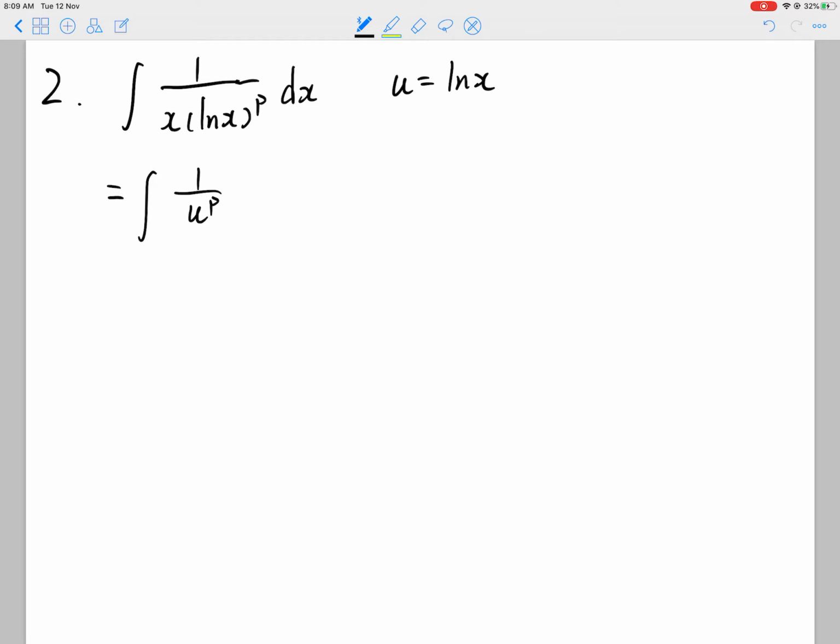Okay, problem 2. Before doing the improper integration, you should first figure out what is the integration of x times log x to the power of p. Again, use u equals log x, which means it's the integration of 1 over u to the power of p du. Okay, so you see this kind of integration,